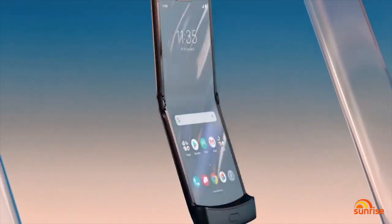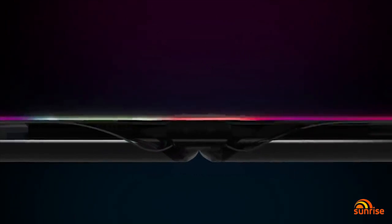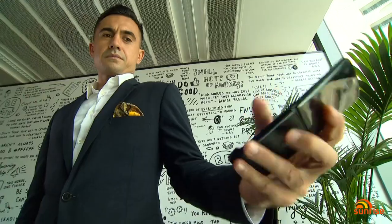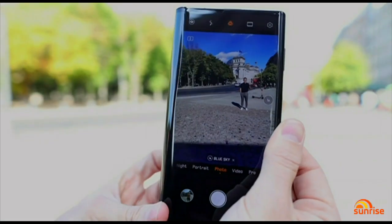There is a screen on the inside which is bigger, and then the quick view display on the outside which is smaller. Secondly, there's the hinge which holds it together. We've seen foldable phones fail in this department before. This one feels quite solid and there's a nice snap when it closes. The crease in the middle of the bigger screen seems to be less obvious compared to previous versions we've seen